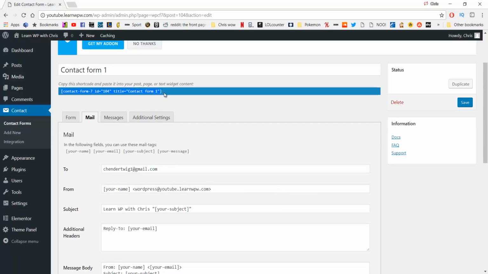And all we have to do then is see here, this is a short code. We're going to copy this, and this is what's going to paste into our page. So you see here where this short code is called, and we want to copy that whole little line of writing, and then we need to go to our pages and all pages,